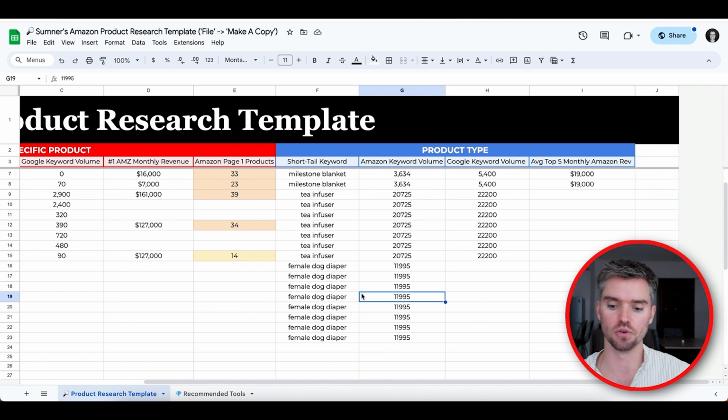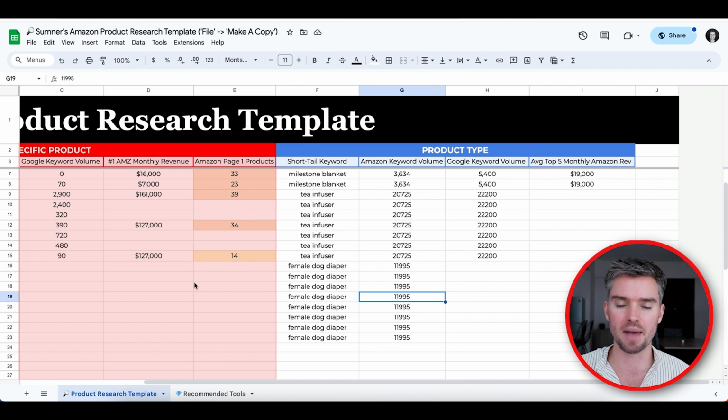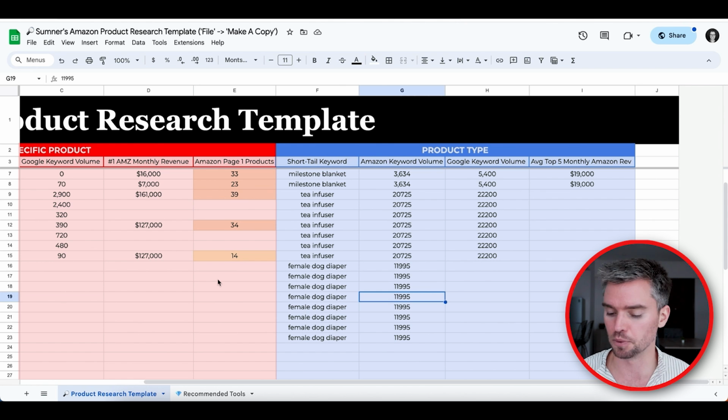And this is kind of our max. So red represents our minimum estimated revenue that we can generate. Blue is our maximum within reason. Of course, it's not going to be perfect. These are estimates, but they're very good, solid estimates that I've seen from multiple tools that I've used here on